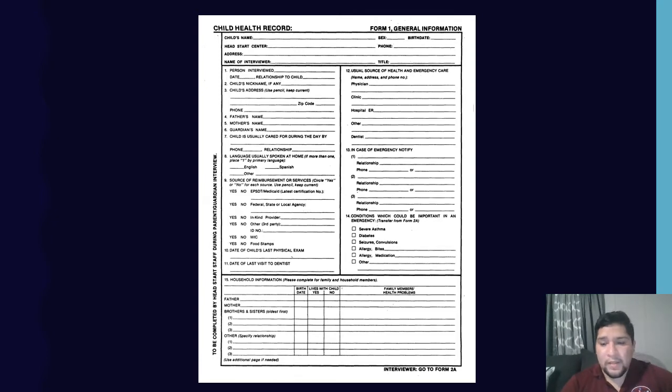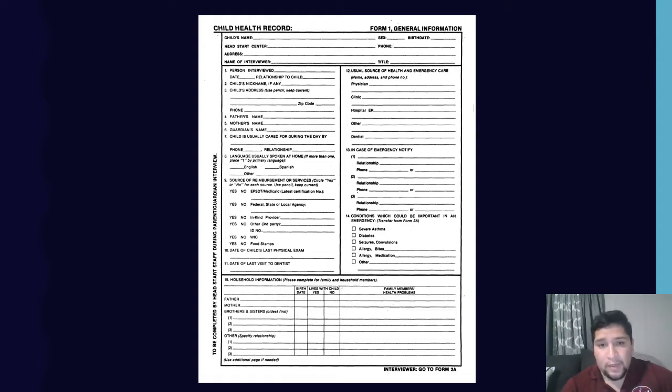So one of the first things we need to get to, there are going to be a lot of changes this year. If you all are familiar, we have a child health record, which is roughly about 10 pages. If you've been here for a long time, you're aware that it's roughly about 10 pages. So this year it was reduced to only, let's see, 4 pages, I believe, or I think 4 to 6 pages. A lot of information was removed, but I'm going to go over what I think are the three most